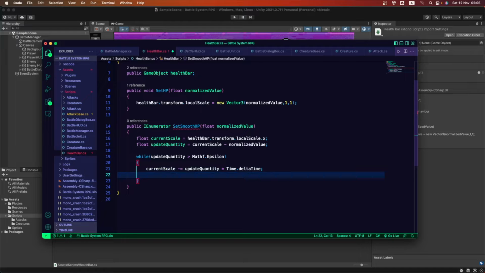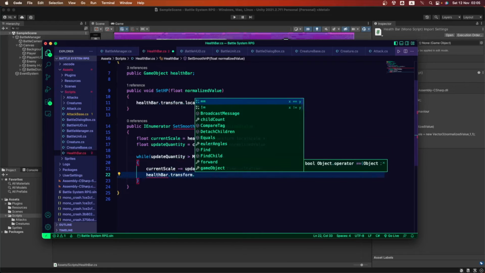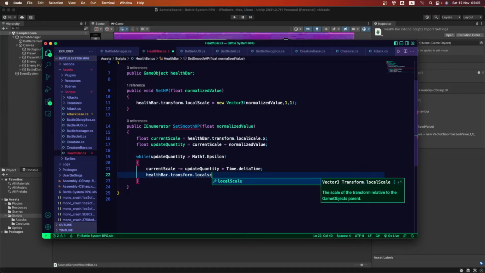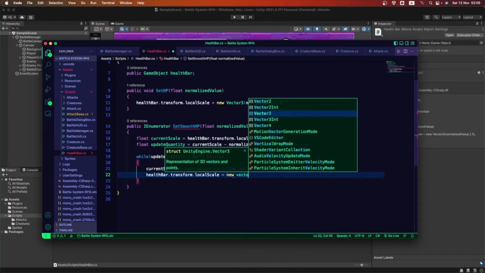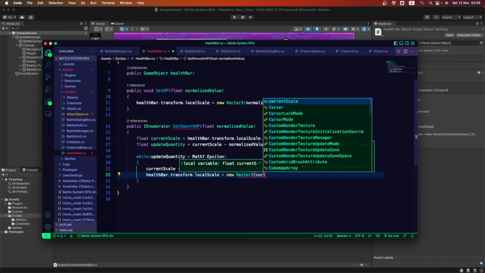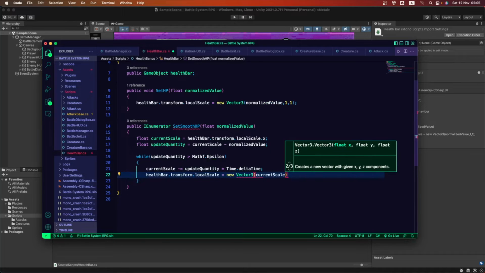After that we want to have healthBar.transform.localScale, and we want to assign that to a new value, which is gonna be a new Vector3 currentScale. We want to get that result and assign it to the x value of our bar.